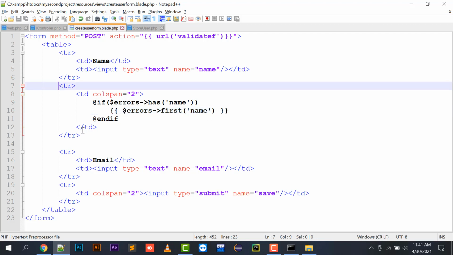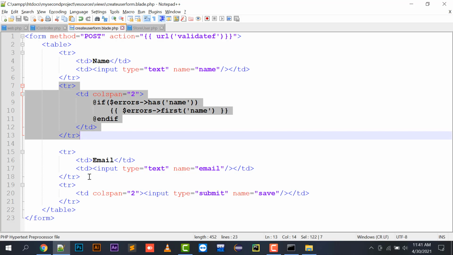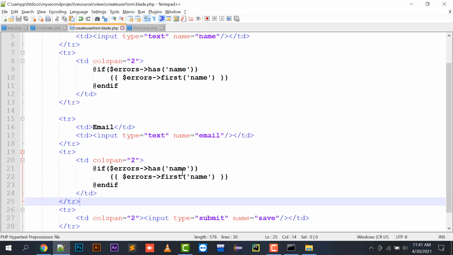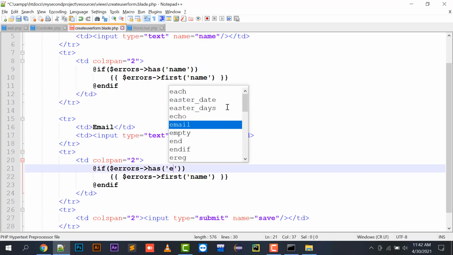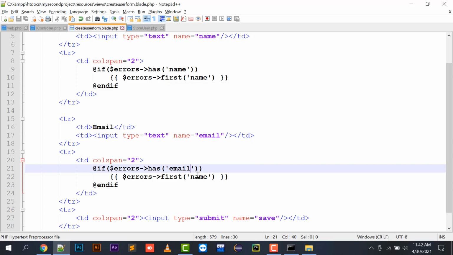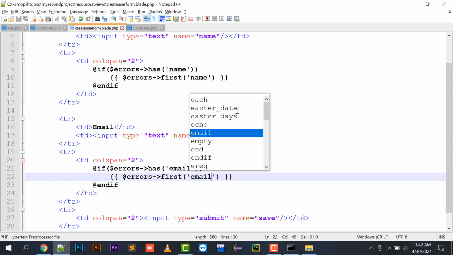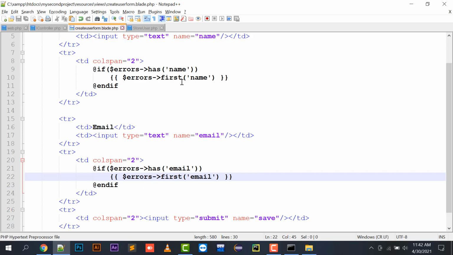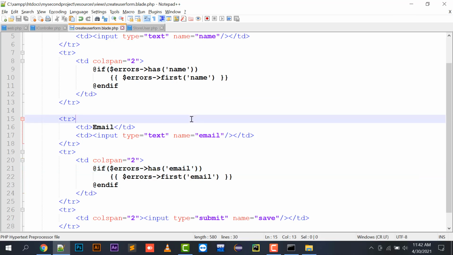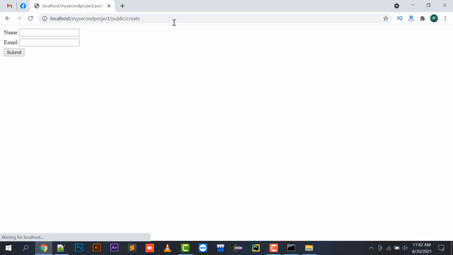So I need to copy this, and I will put the same in the case of my email. So email, and now the email. In this way my messages will be displayed if name and email would be empty. So I'm going to just refresh this, and if I'm going to submit this,